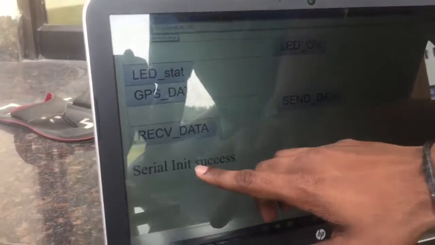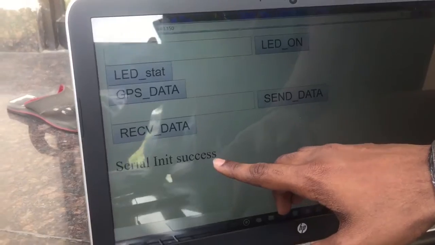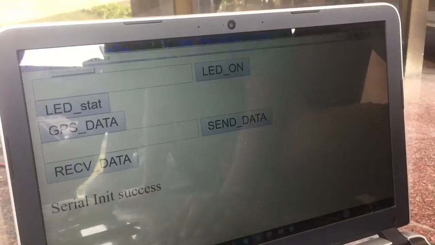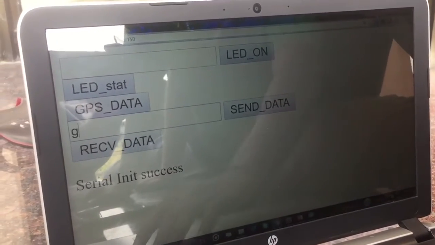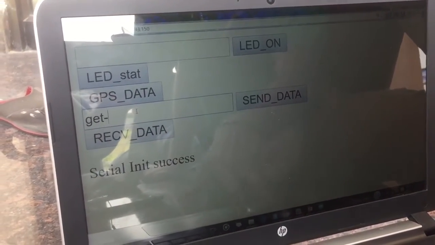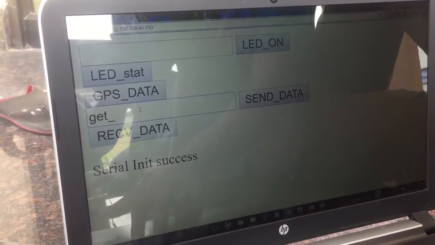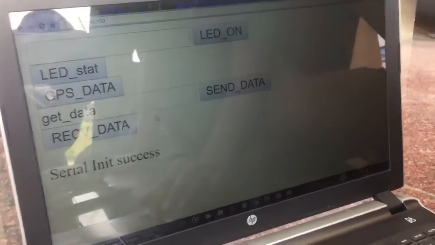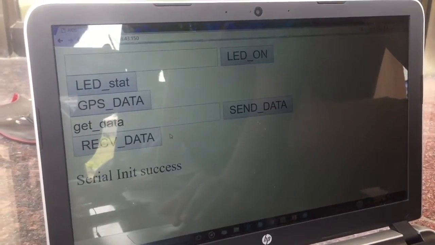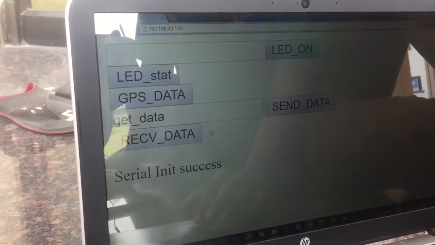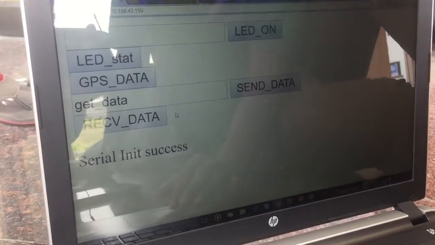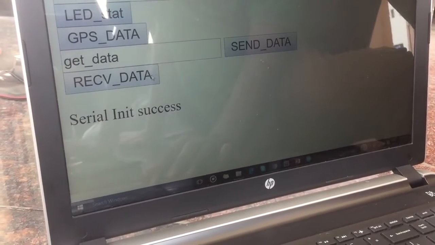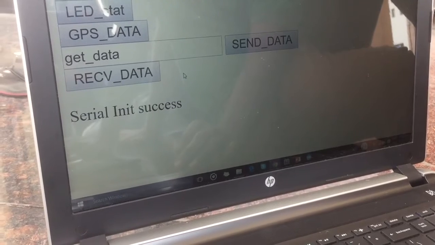And then here you can see the initial data. Then it is saying that it is connected to the IoT and it can access the serial data. Now we will get the data of the current latitude and longitude by a predefined command like get/data and then send data. It will take some time because the module is not very fast in dealing with Wi-Fi. Then we should receive some data.